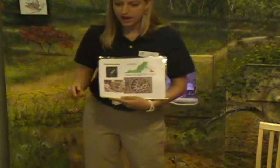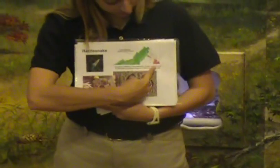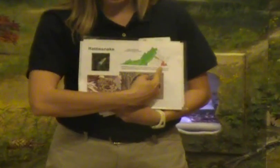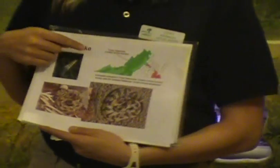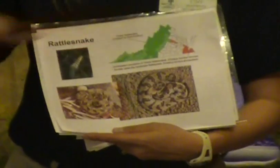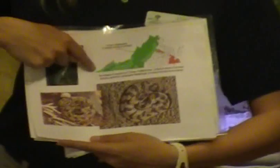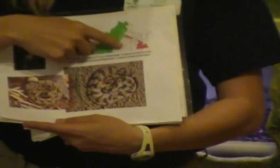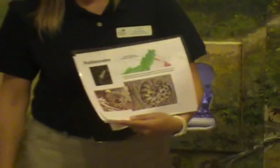We actually have 2 different kinds of rattlesnakes here in Virginia. We have a canebrake, which is this red color here, located mostly in southeastern Virginia, and that is actually an endangered species. We also have a timber rattler, which likes the mountainous areas, so that's located more out in the Blue Ridge Mountains and in the western part of the state. You'll notice that we don't really have any here in Chesterfield or in the central Virginia area, so this is something you probably won't see in your own yard, but you might see if you go traveling to another part